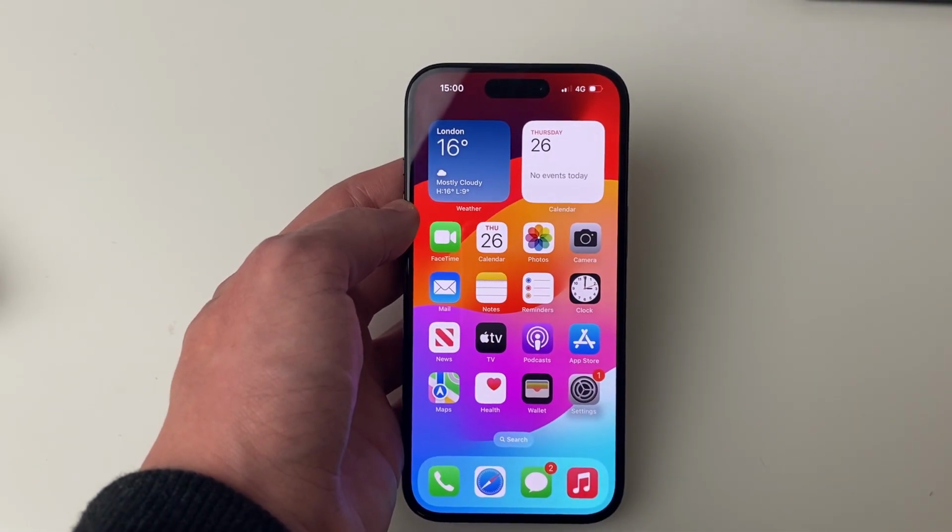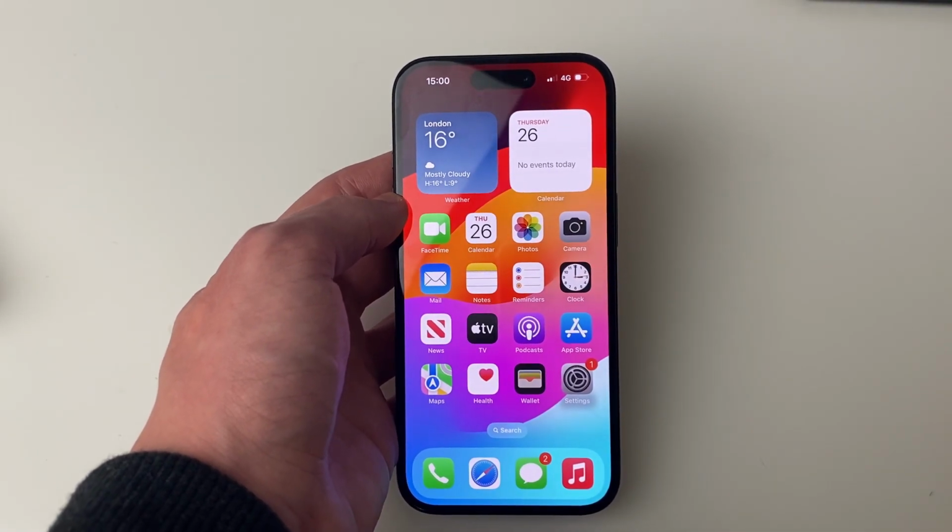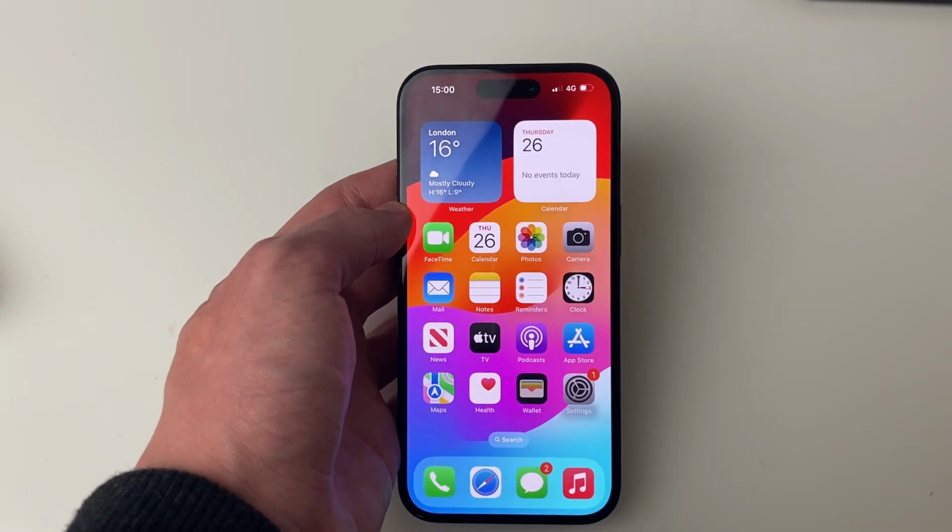We'll guide you through how to factory reset your iPhone 15, including the 15 Pro and Plus models, back to